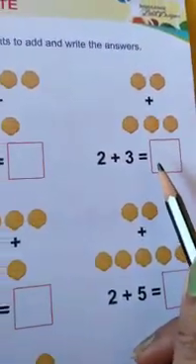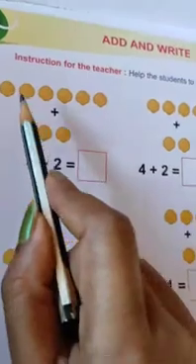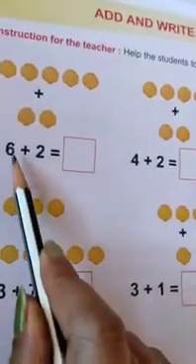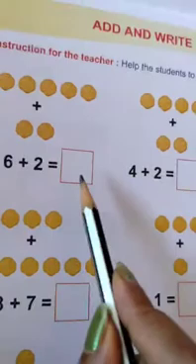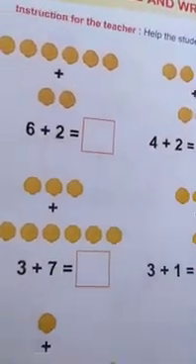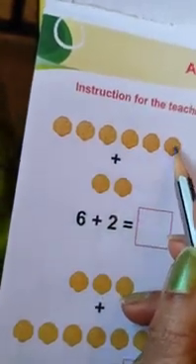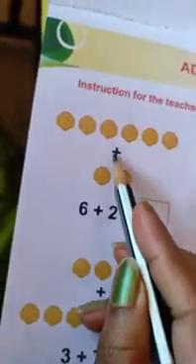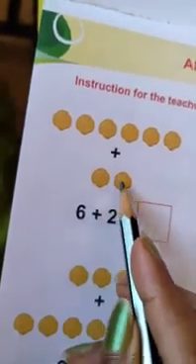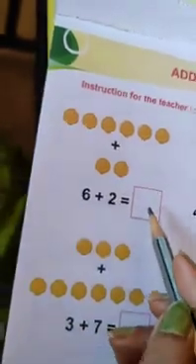See the red box you can see. So we have to count all the cookies and the number we will match with the cookies and then we will write inside the box. Here it is written 6 plus 2. So we can see cookies are there. Some cookies are there. So let's count how many cookies are there. 1, 2, 3, 4, 5, 6. 6 cookies are there. And plus down 1, 2. 2 cookies are there. So 6 plus 2 we have to write what?